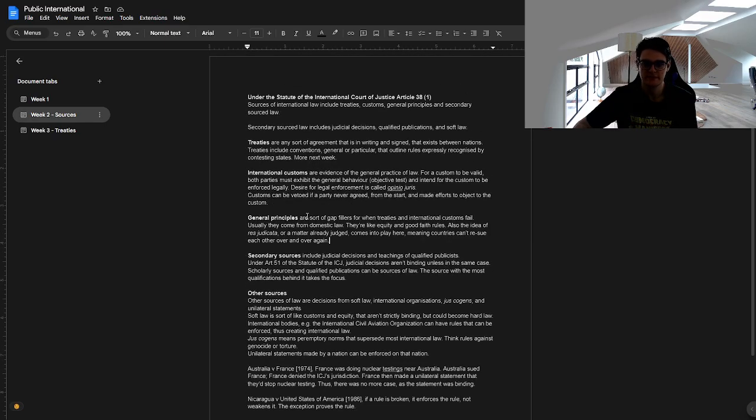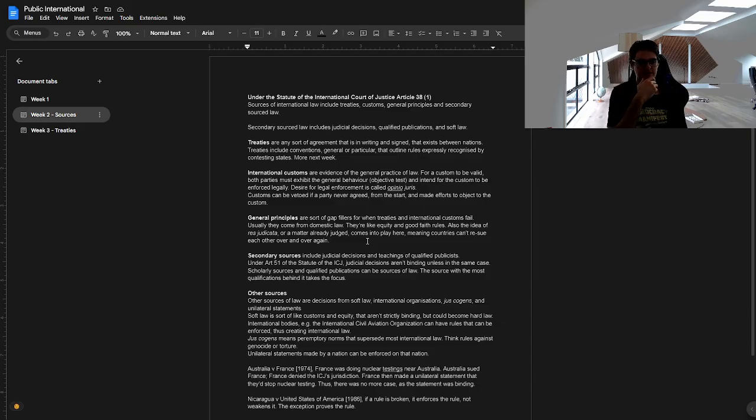So general principles are sort of gap fillers for when treaties and international customs fail. Usually they come from domestic law. They're like equity and good faith rules. Res judicata, or a matter already judged, comes into play here. So when these things fail, it will sort of default down to domestic law. I can't really think of any good examples of this, but